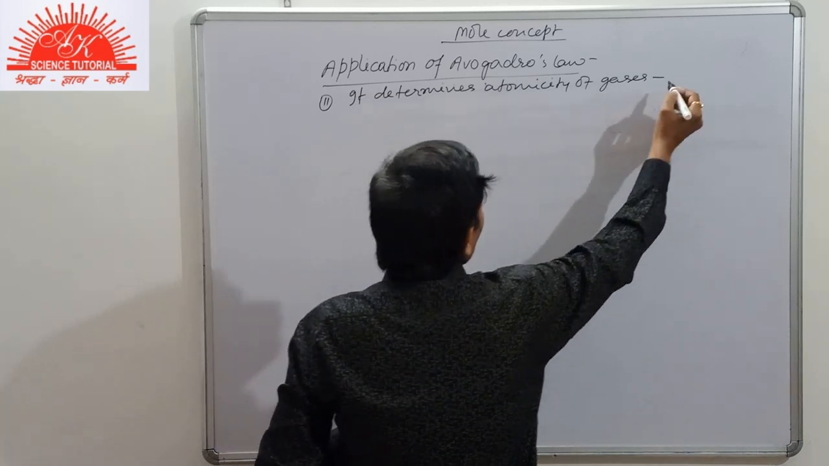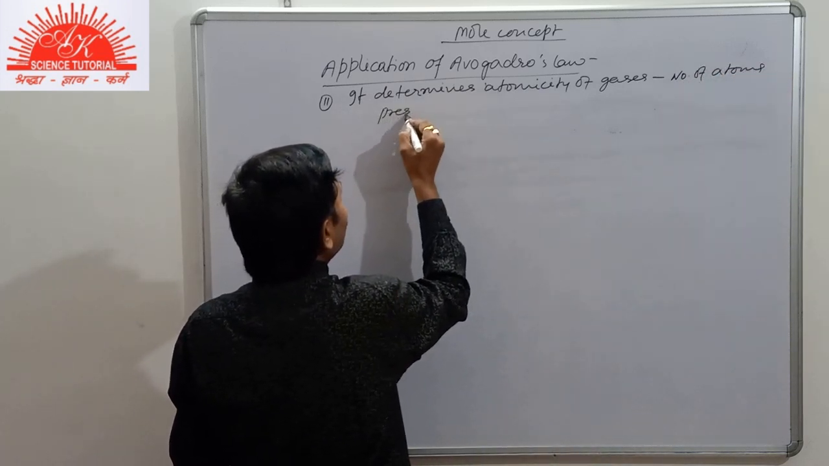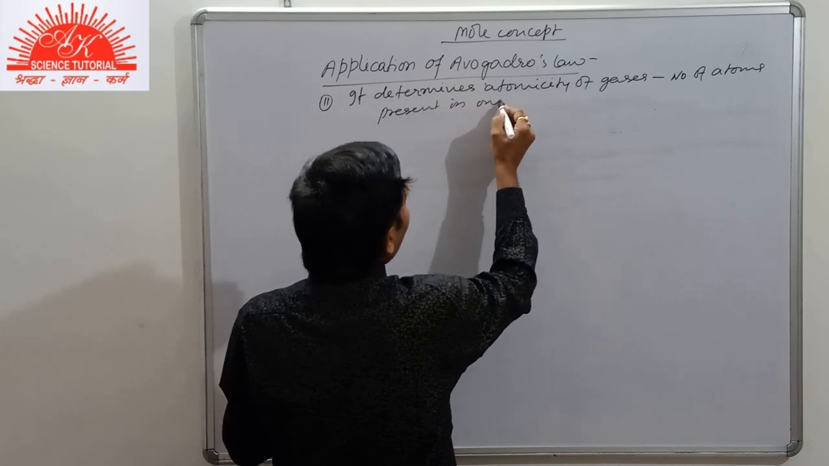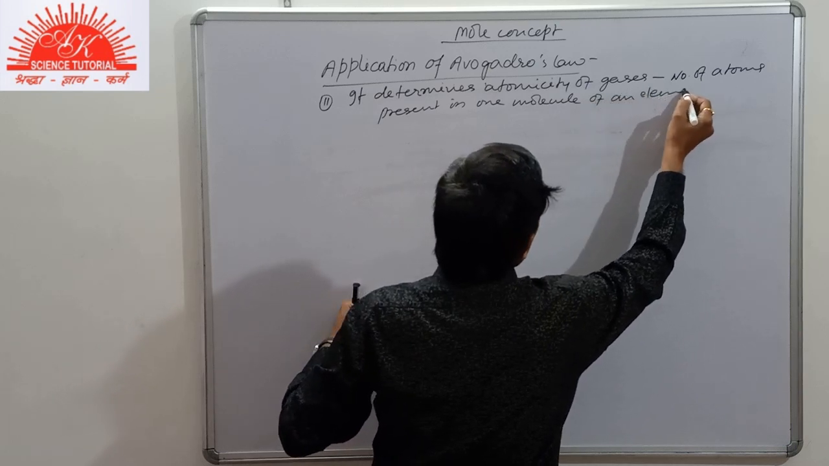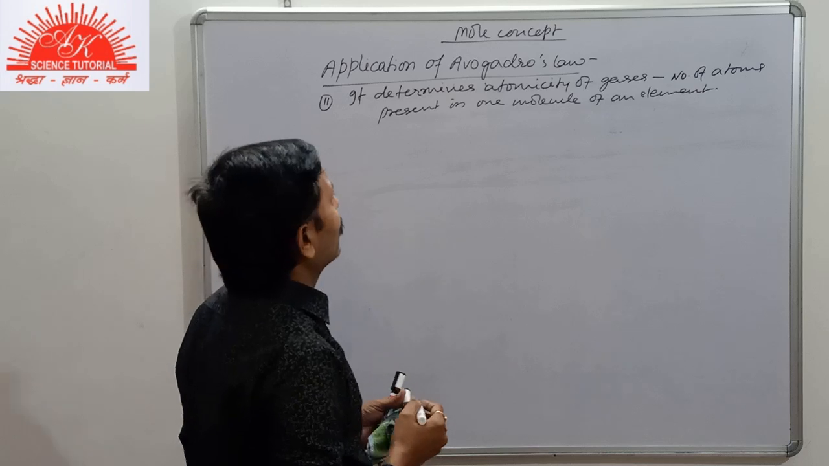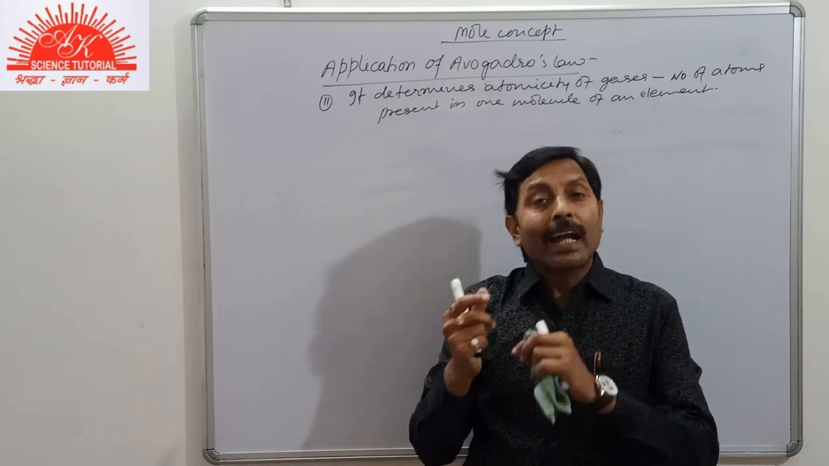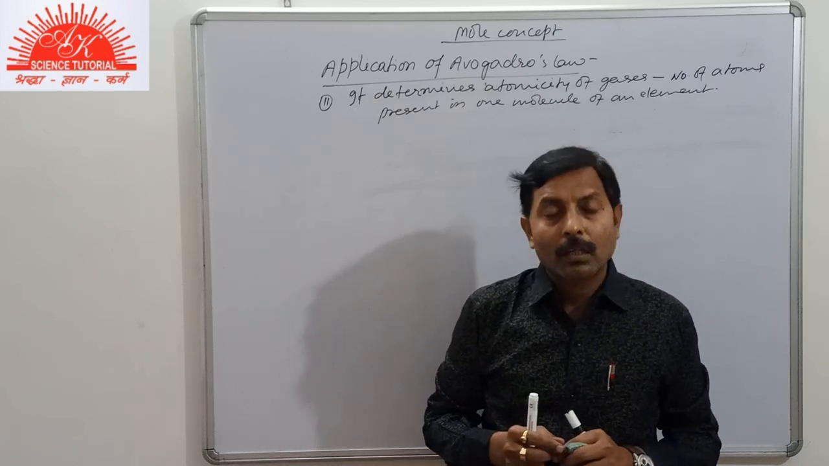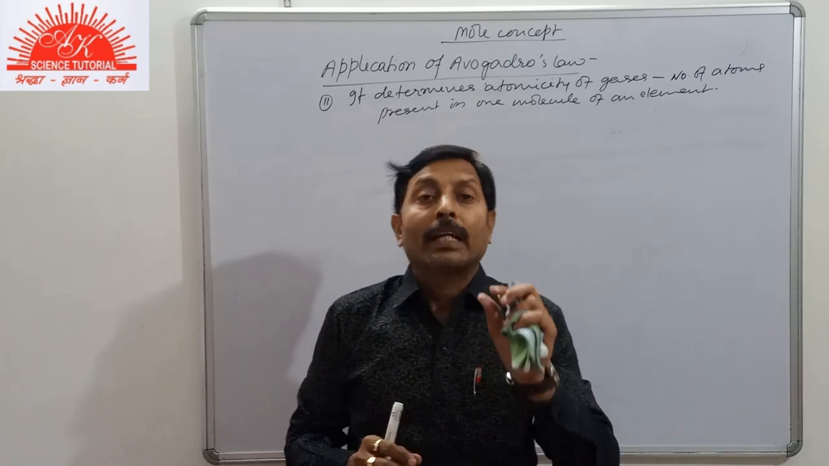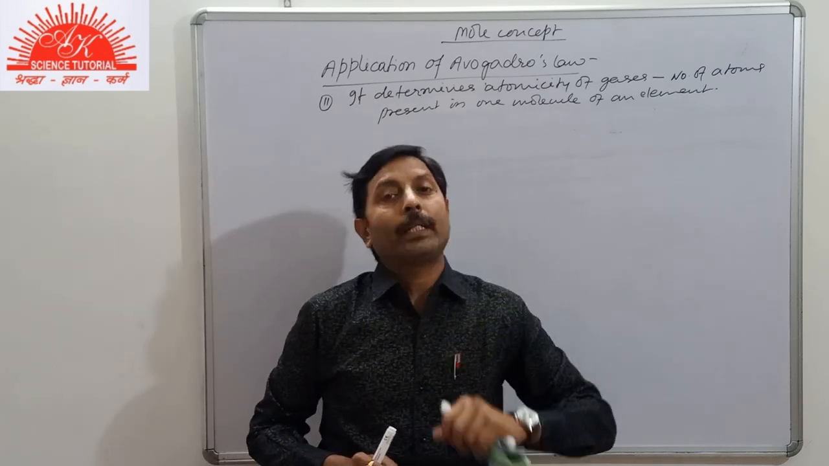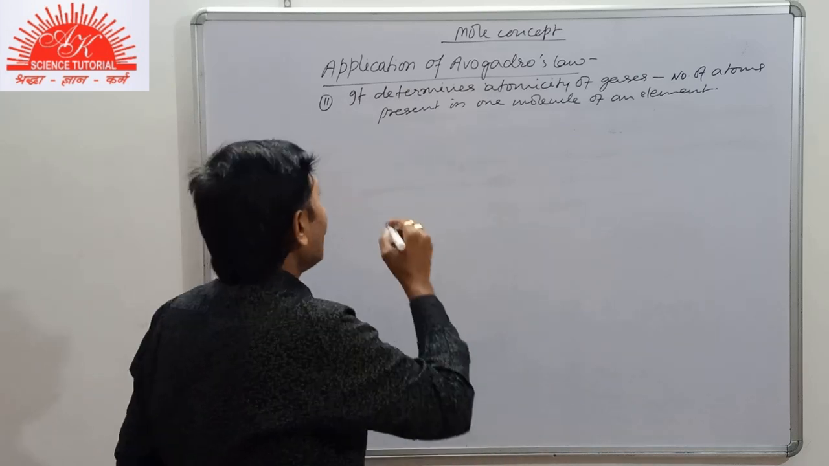That is, the number of atoms present in one molecule of an element is called atomicity. Triatomic, similarly, ozone, O3; tetraatomic, P4, phosphorus; octaatomic, S8. So these are the different elemental forms in which there are several atoms in one molecule of the element. Now, according to Avogadro's law, again you see,